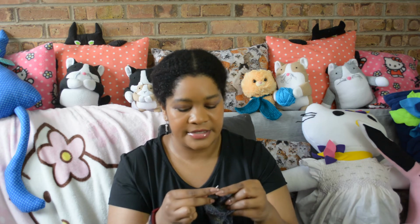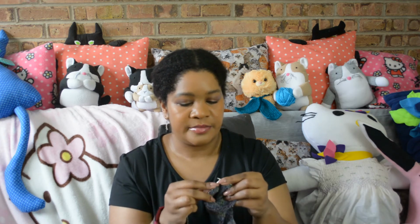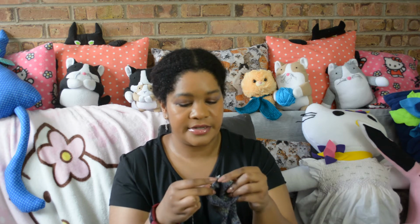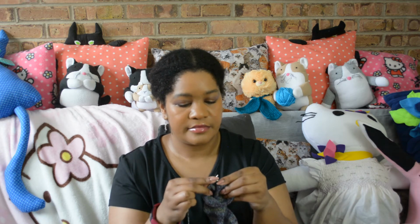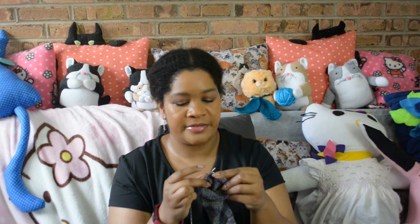So I think next time I do this on the other sock, I'm going to make a stitch but like a row down and see if that helps. I don't know why it did that. But thankfully, because I have plenty of yarn, once I'm done with this, I'm going to get a little bit of scrap in the same color as where the hole is, and just tighten it up on the inside a little bit so it's not as obvious that there's a big hole right there. So we'll see. So yeah, there'll be a little bit of tidying up to do with this sock when I'm done with it, but